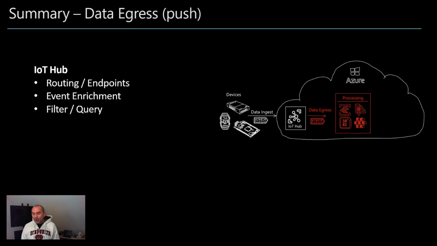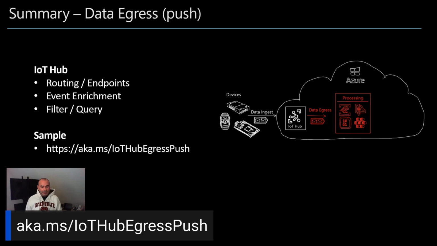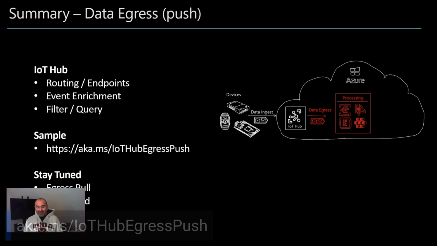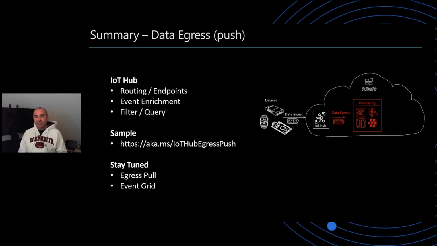And we have seen how you can filter or query incoming messages based on the payload inside of the message, or maybe based on properties or headers which you add on top of the payload to a message sent to IoT Hub. As already mentioned, you can see the whole sample under this link. It links you to a GitHub account. You have step-by-step guidance there to set up the environment and then do the testing on your own. And stay tuned. This is just a first session about how to get data out of IoT Hub. There will be 2 additional ones.